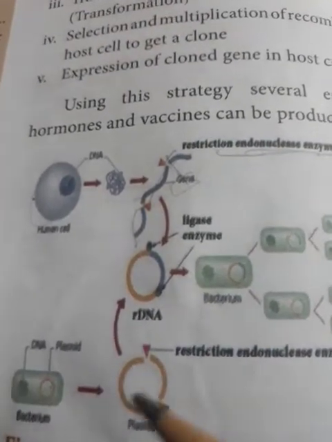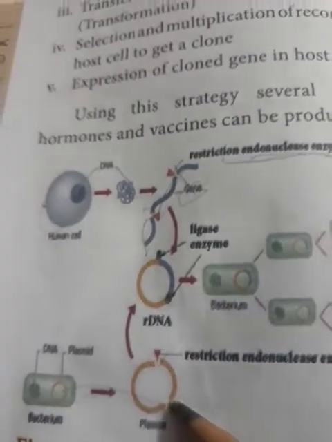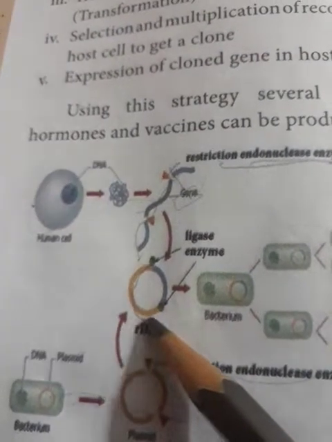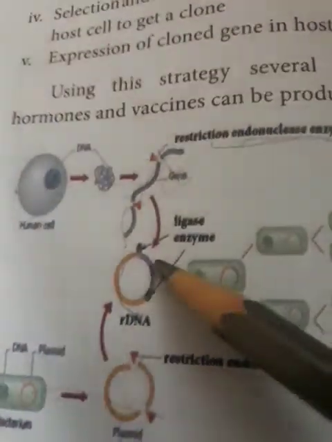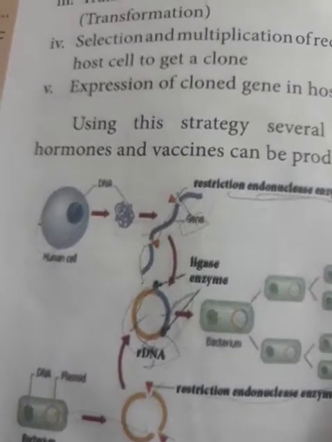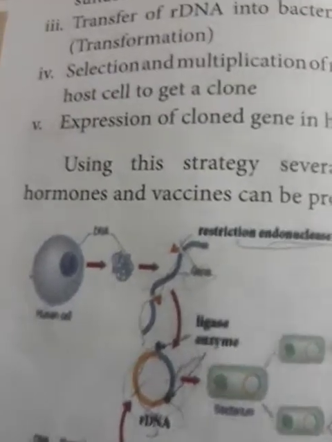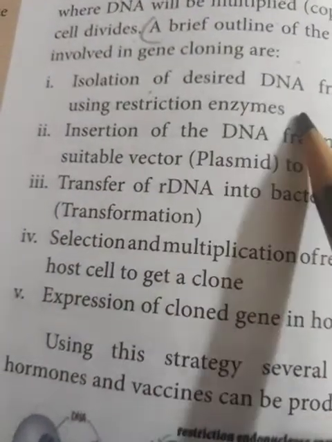Now at the same time, the bacterial plasmid also is needed. We have told the requirements. This plasmid has been taken out and it has also been cut with the help of the restriction enzyme. Now this is the plasmid part, and this is the desired gene isolated that had been introduced, transferred, and the product has been produced. This is plasmid DNA, this is the other organism's DNA, joined together to form the rDNA. It is called the rDNA. Now the first step is isolation of the desired DNA fragment by using the restriction enzyme.